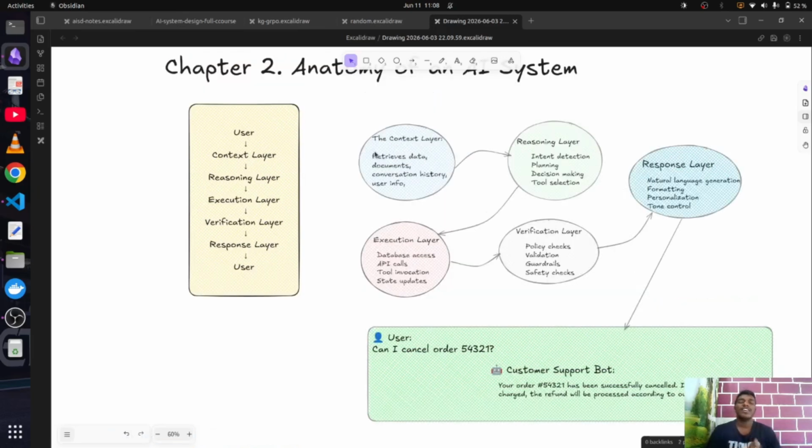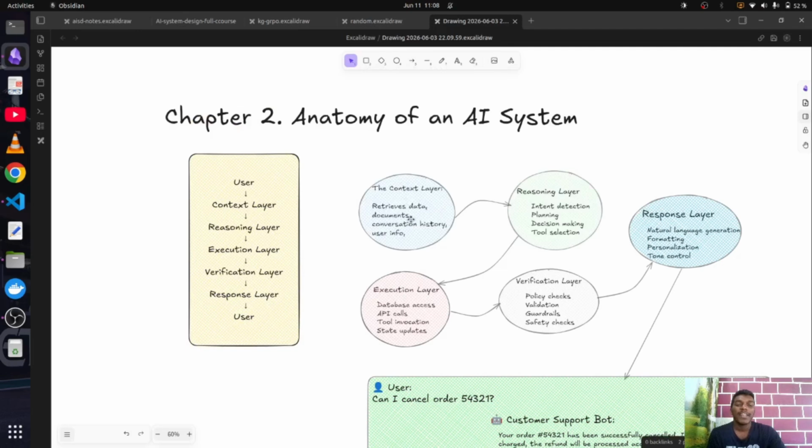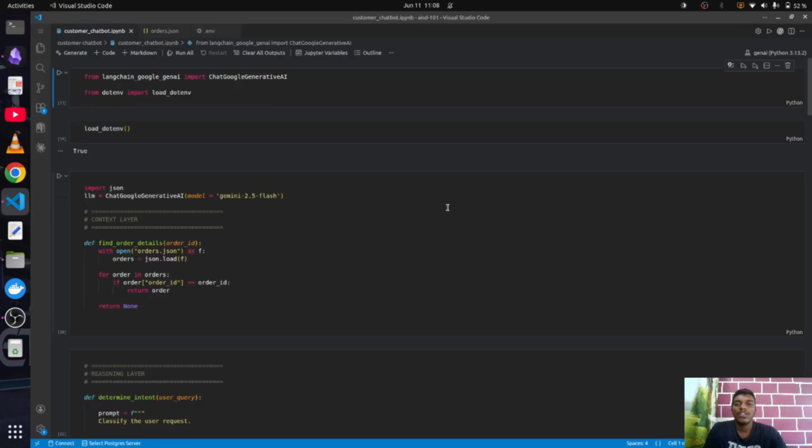So this is with the actual layers. I want to take you through a code example. Maybe we can see how things work in real time. Maybe I can take you through all the layers individually for a particular business problem, and maybe we can visualize it better, I guess. I'll be uploading the code. So yeah, this is the code.